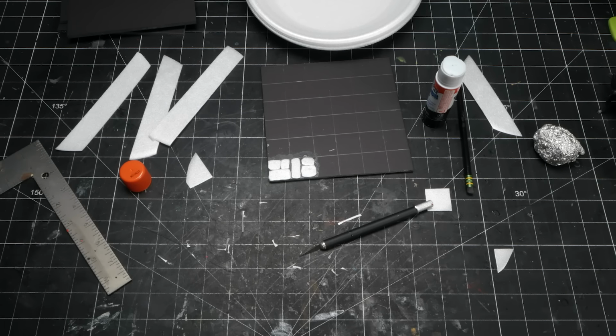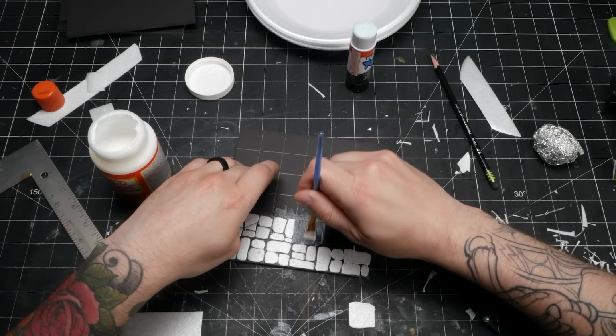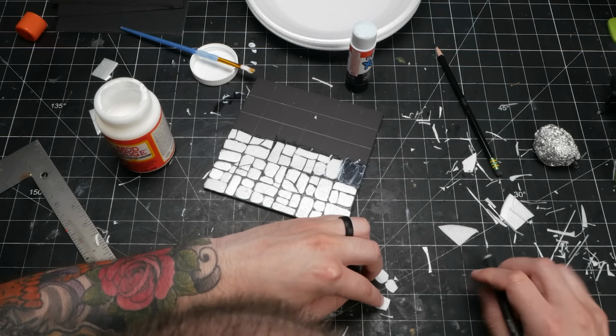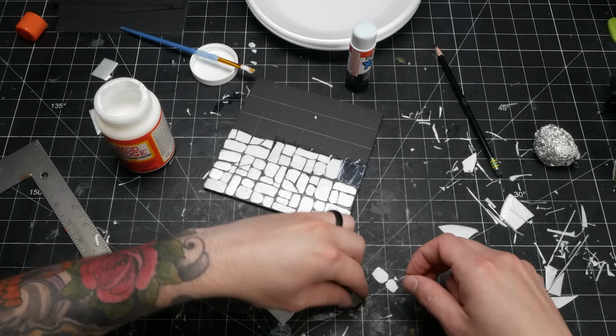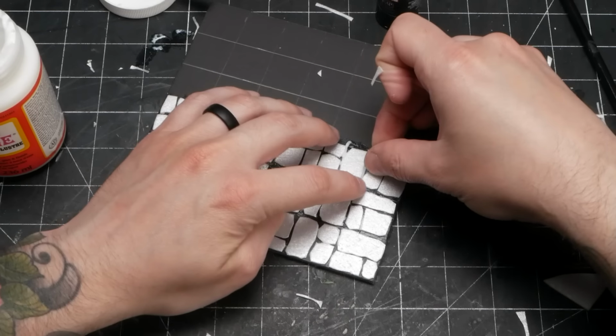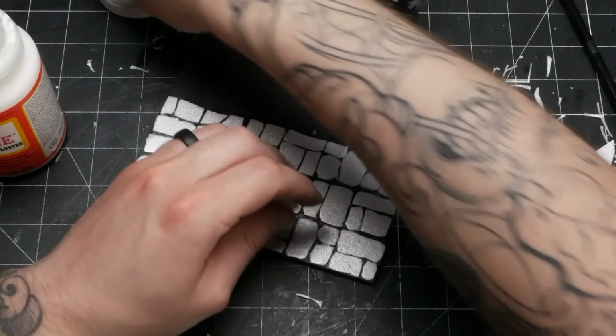You don't want that. For a little while, I experimented with Mod Podge as the glue, and first I tried the gloss type, simply because my matte stuff is already mixed with paint. Mod Podge shrinks far less when it dries than PVA, so it's not nearly as prone to causing warping, but I found that it was drying way too fast to work with,